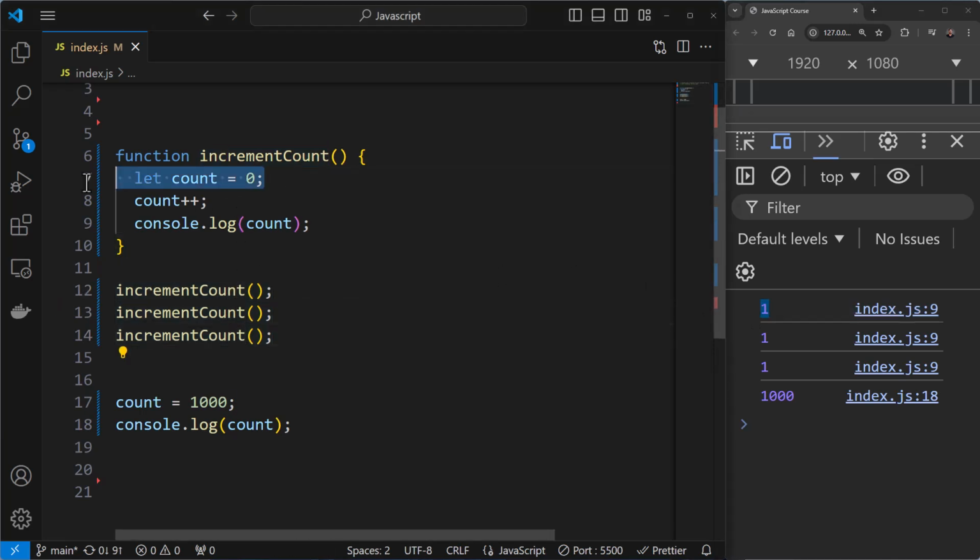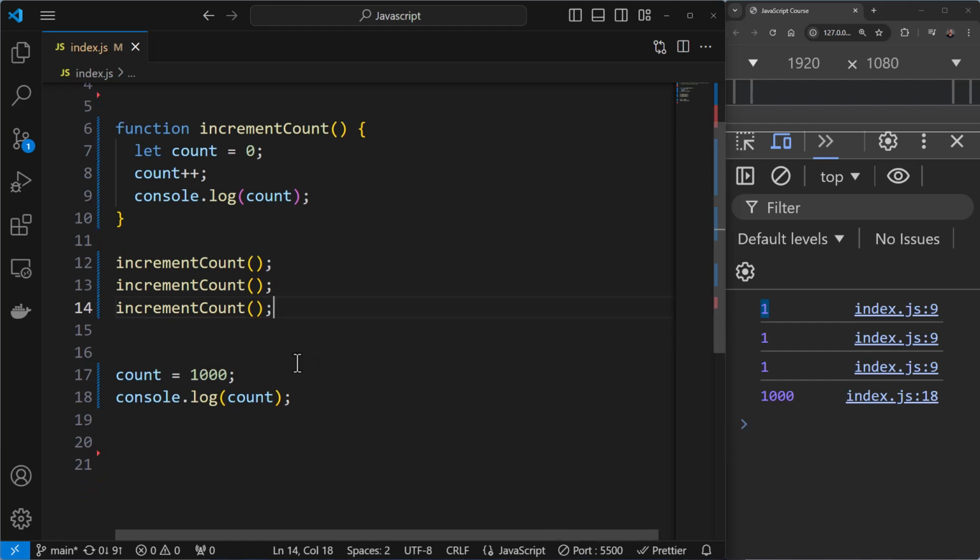Okay. Solution to fix this is you might move count to outer scope over here. But the problem is then anyone can modify it like this over here, right? So these are the couple of problems that we have right now. Now what I would do is I would encapsulate the count in a closure to solve both the persistence and the accidental modification issue. Okay, to give you a flavor of how privacy can be implemented with the help of